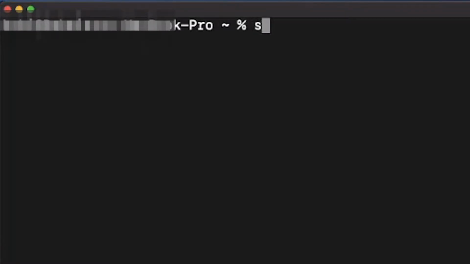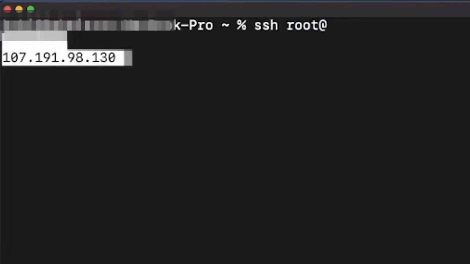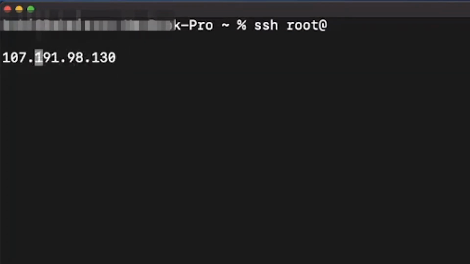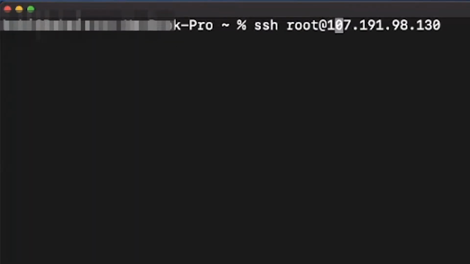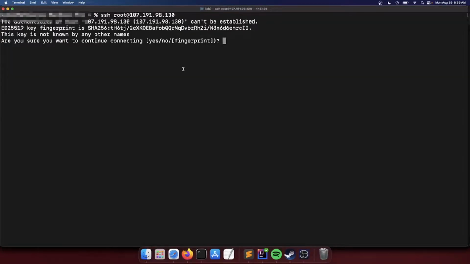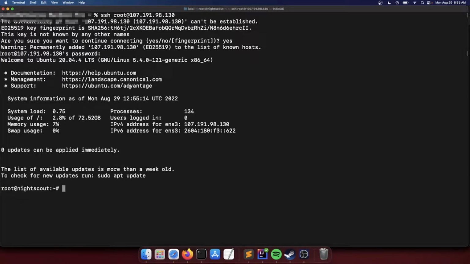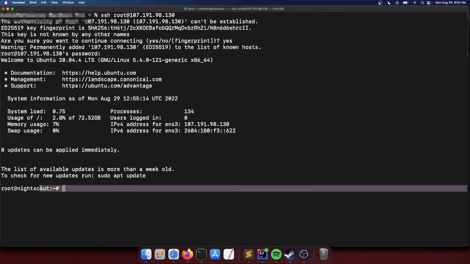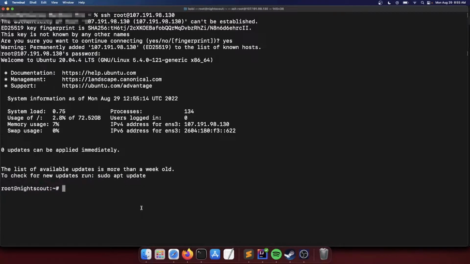So we'll open up this terminal, and we'll do ssh root at, and paste the IP. It's acting weird with spaces, that's okay. And boom. You might get a prompt about the authenticity of the server. We're just going to type in yes, and enter the password. Okay, cool. Now once you're in, you'll probably get the Ubuntu message of the day, and you'll get our shell prompt, which is the prompt we're going to be using for the rest of the video.